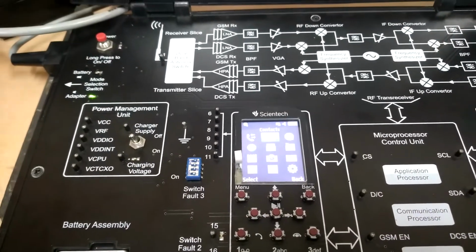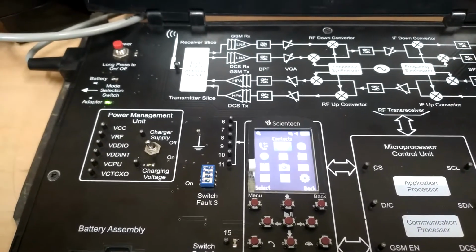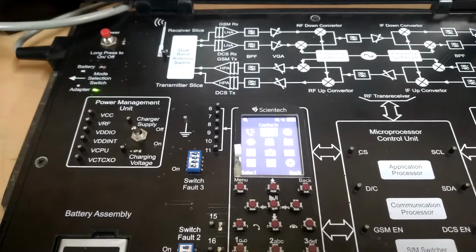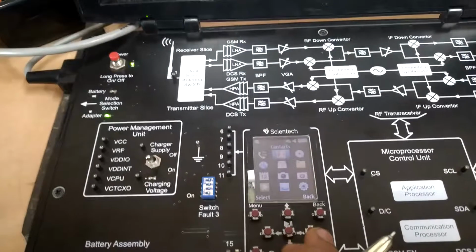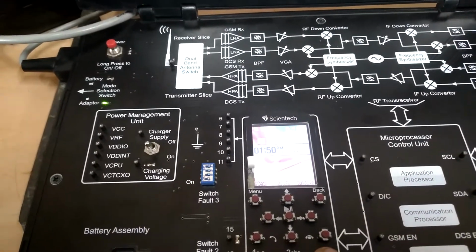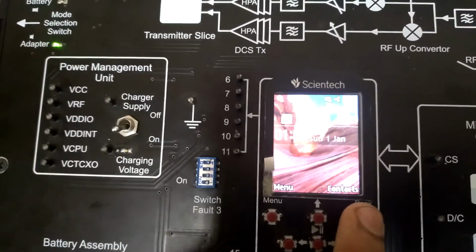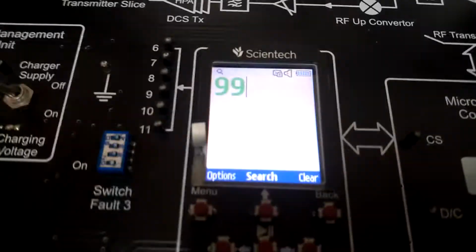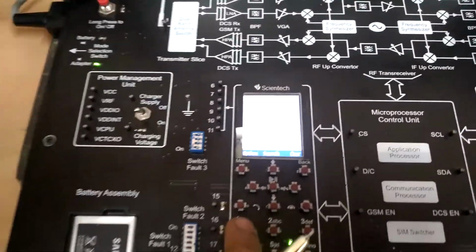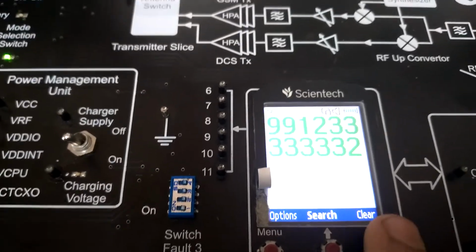Like the second fault, keys 1, 2, 3 and the back key stop functioning. If I create the second fault, keys 1, 2, 3 and back stop functioning. 1, 2, 3 are not functioning, but 4 is functioning. If I remove the fault, 1, 2, 3 are all working, and back is also working.